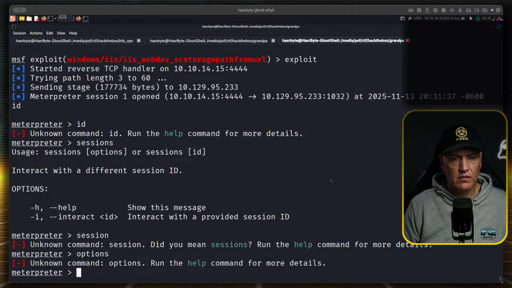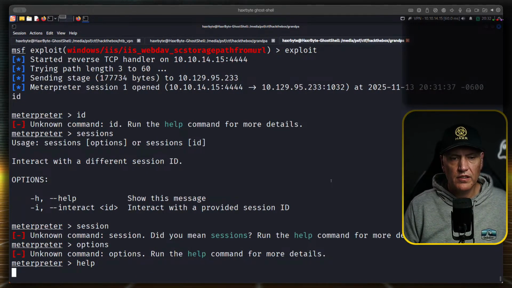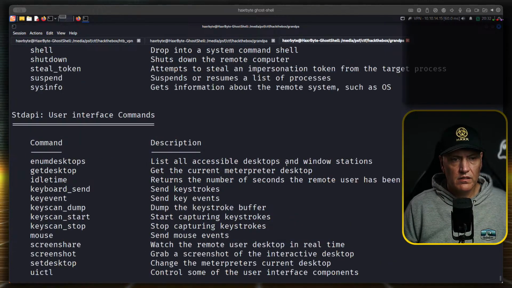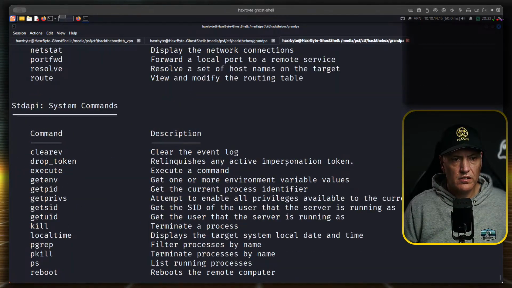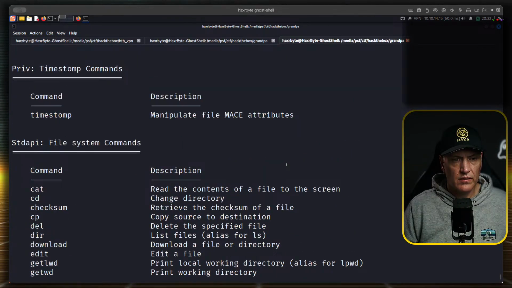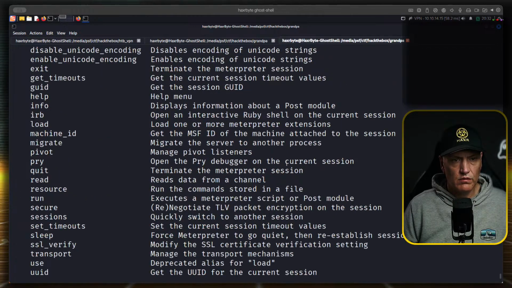Options. What is this? Interpreter session. Got an interpreter session. Okay. Cool. Let's see what we can do.